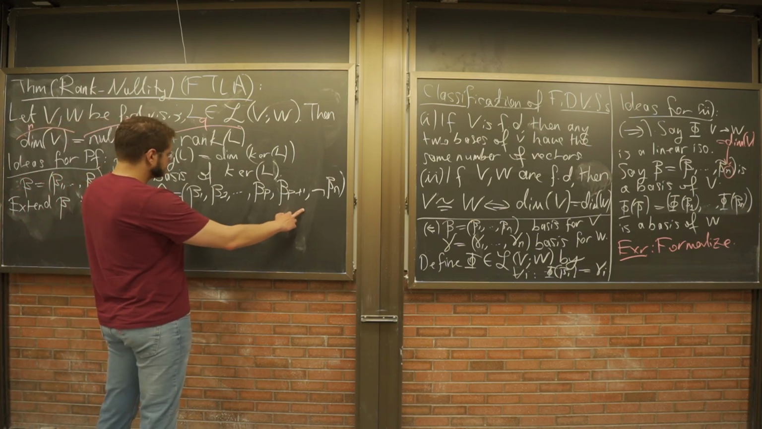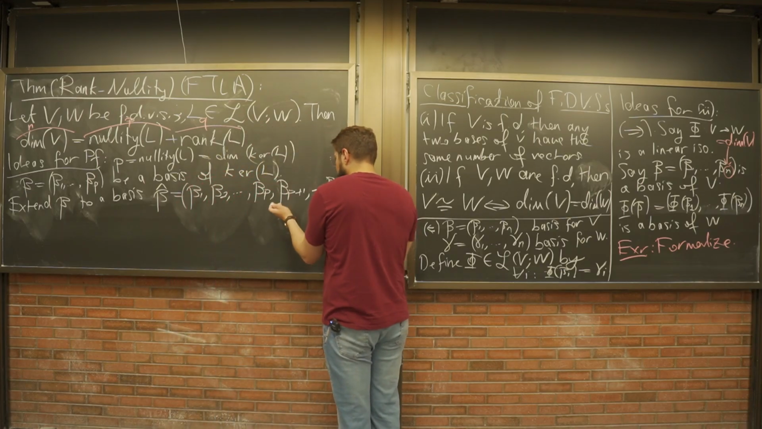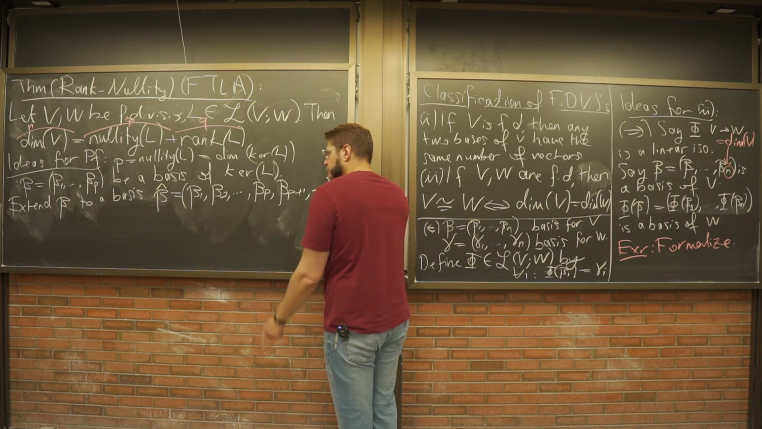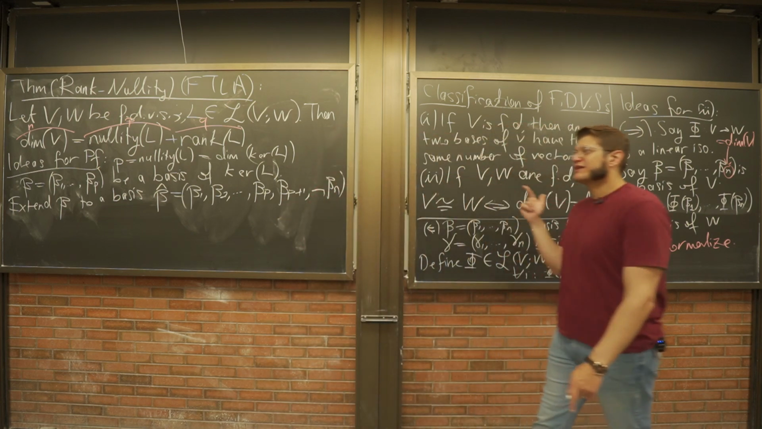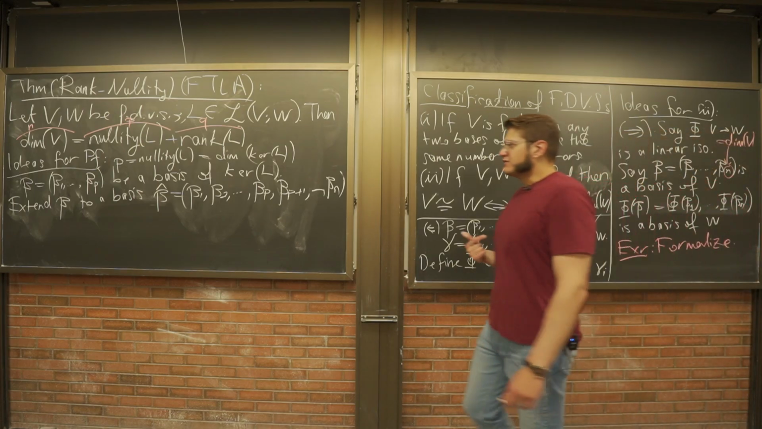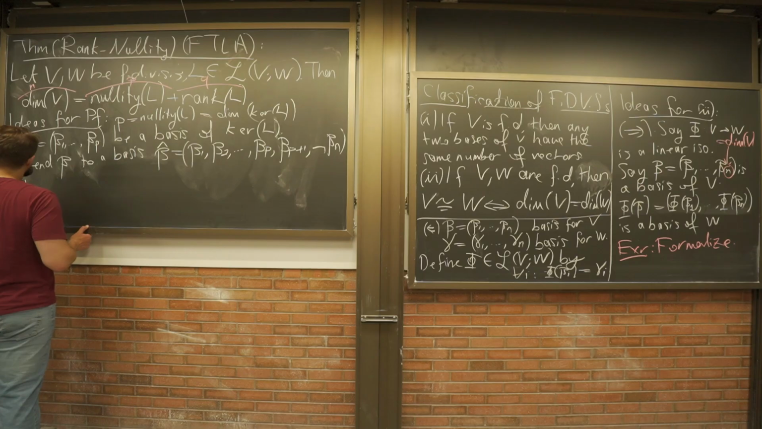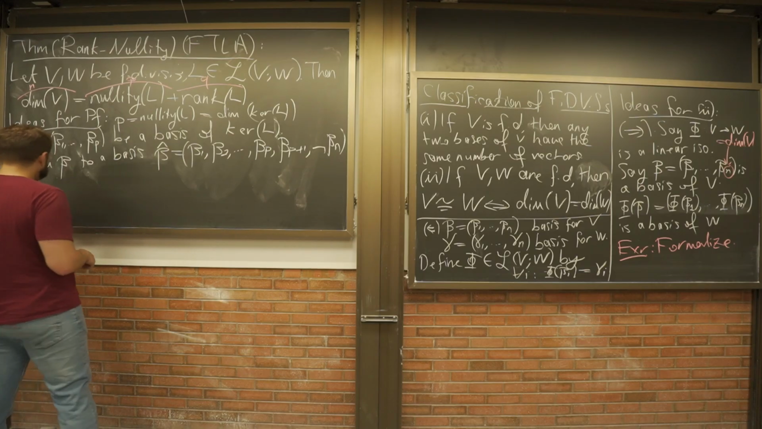Now the idea is to verify that if I were to take these added vectors and push them to W using L, the image vectors are going to be a basis. They're going to constitute a basis for the image. Then